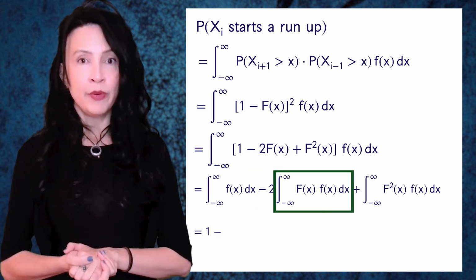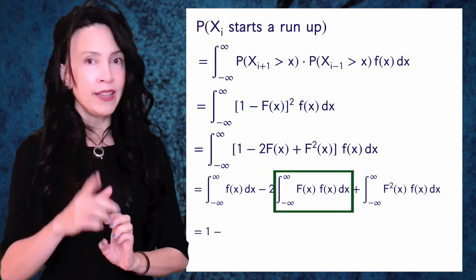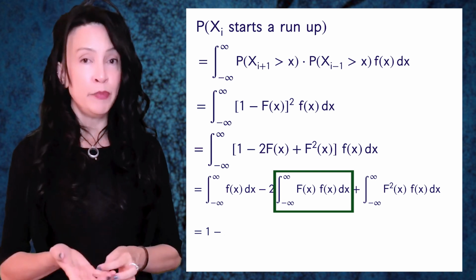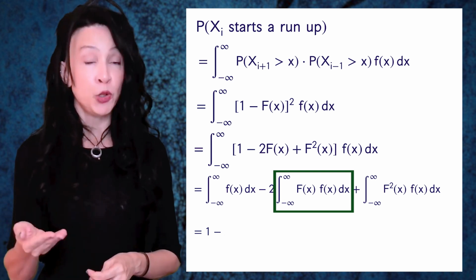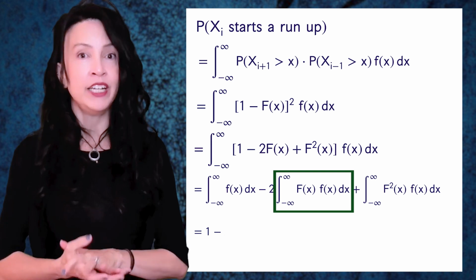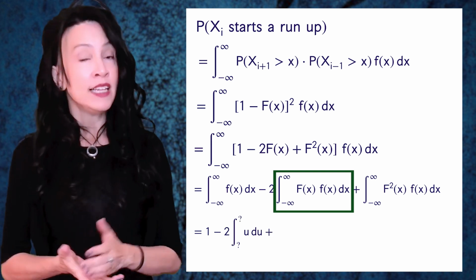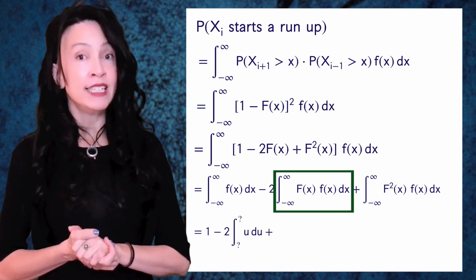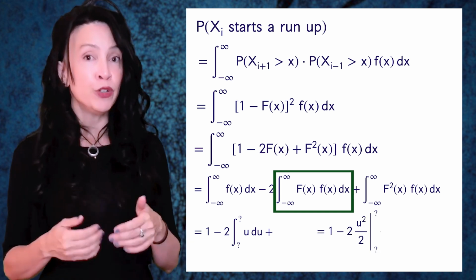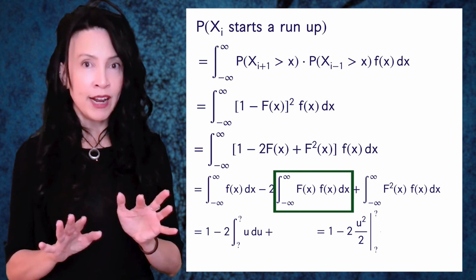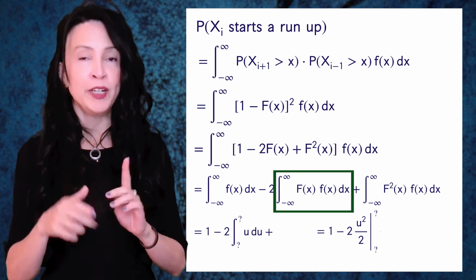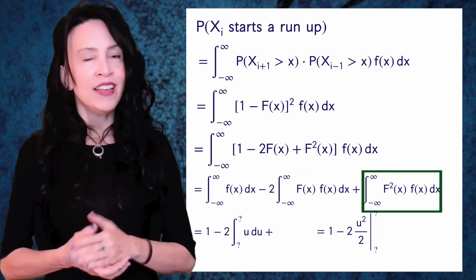Here I have an integral that we already did, although don't jump to that 1/2 conclusion, because that did depend on us plugging in minus infinity to y, and here we're plugging in minus infinity to infinity. So to do this, I'm going to let u be capital F of x, then du is lowercase f of x dx, and we're going to get u squared over 2, and I'm going to leave the limits out for now until I put the F's back in, but before we do that, let's hit the third integral,